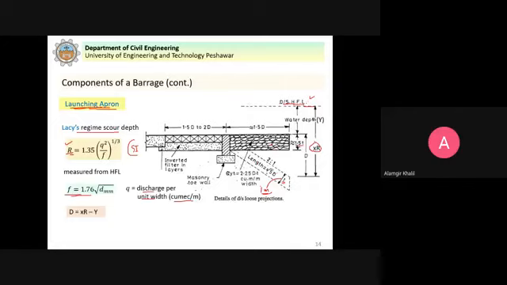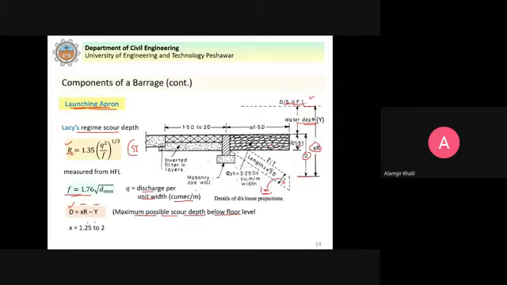And if we know the water depth, which is Y, we can subtract this water depth from XR. We will get the depth of this cover from the top of the apron to this level here. So that is why D is equal to XR minus Y, where Y is the water depth. So this is the maximum possible cover depth below the floor level. This we can calculate.